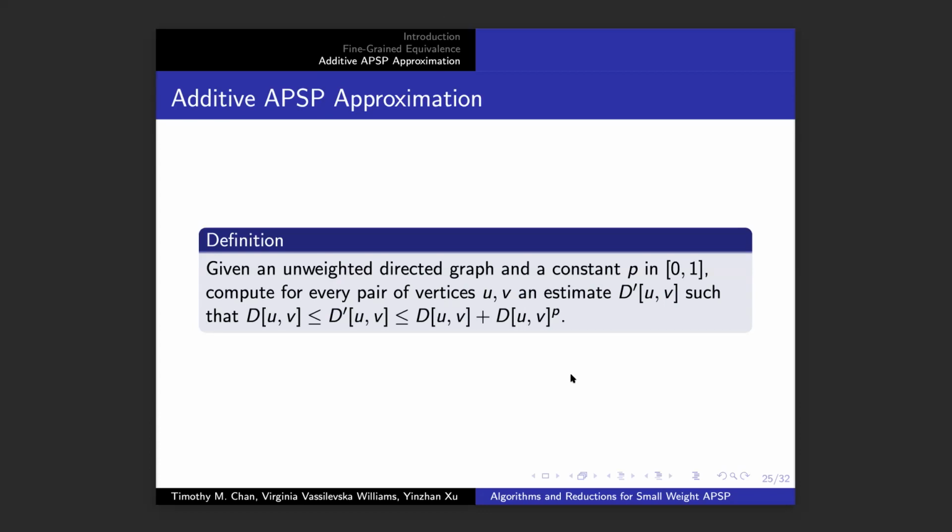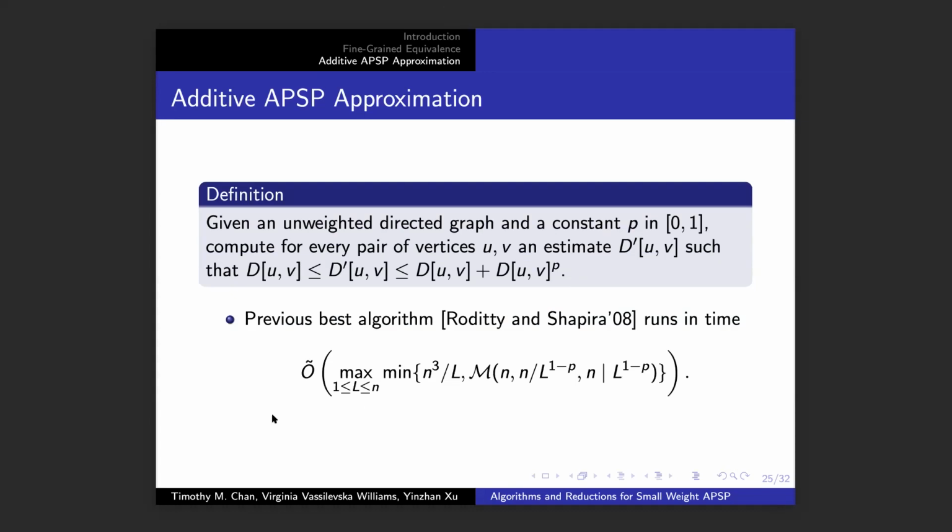Recall in the additive APSP approximation problem, we are given an unweighted directed graph and a constant p between 0 and 1. We need to compute for every pair of vertices u and v an estimate d'_uv, such that d'_uv is between d_uv and d_uv plus d_uv to the power of p, where d_uv is the real distance. The previous best algorithm by Roditty and Shapira runs in time